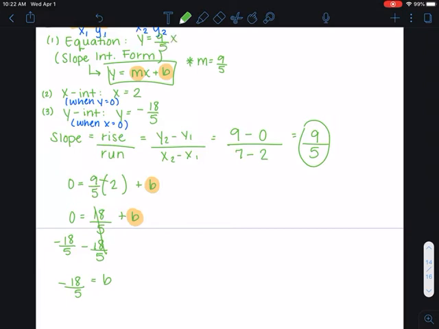So y is equal to m. M is 9 over 5, x plus, and b is negative 18 over 5, so I'm going to change that plus to a minus 18 over 5. So your final answer,